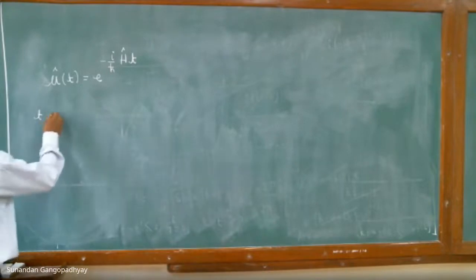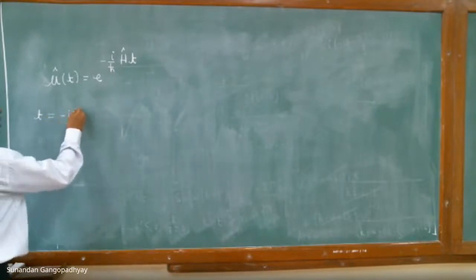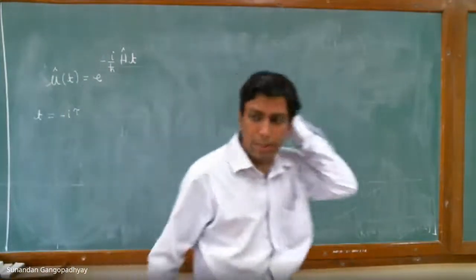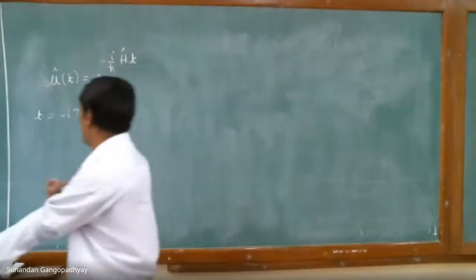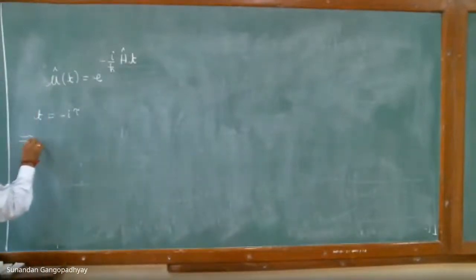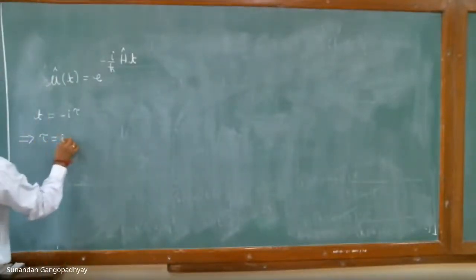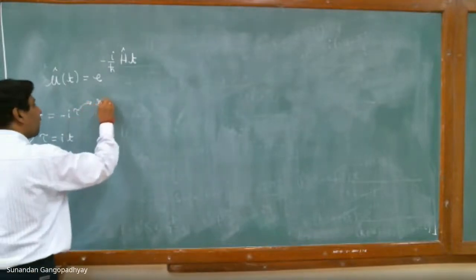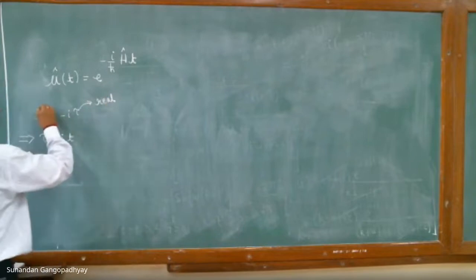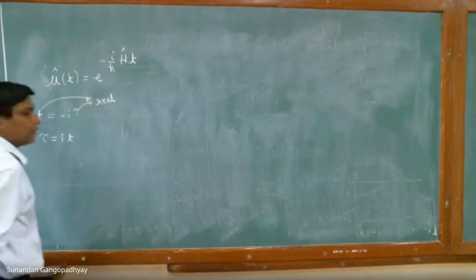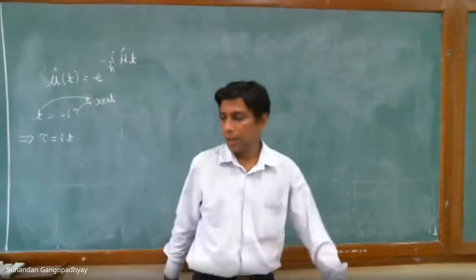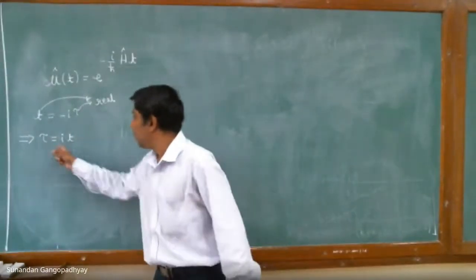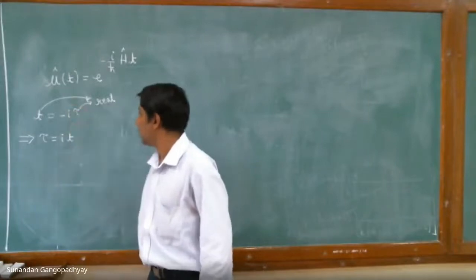But now, let us make a transformation. Let us set t is equal to minus i tau. Okay? Let us make this transformation. And what this basically means is that tau is it. And this tau is also real. This is also real, and this t is also real, has to be. Okay? So this tau is real. This thing is a real number.